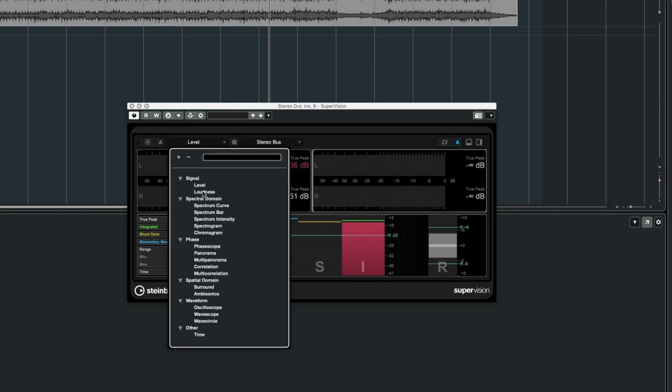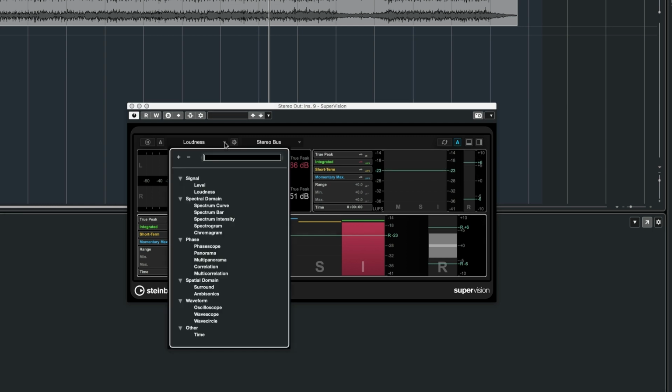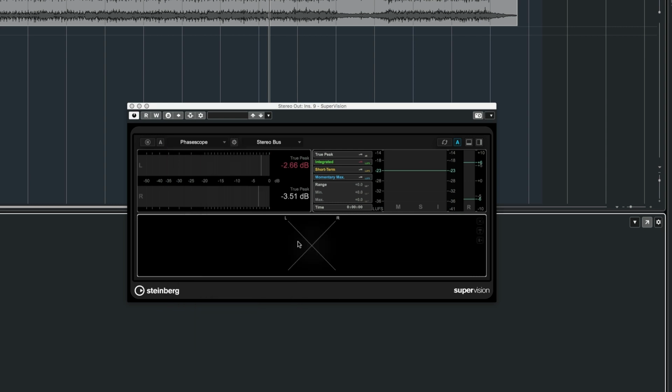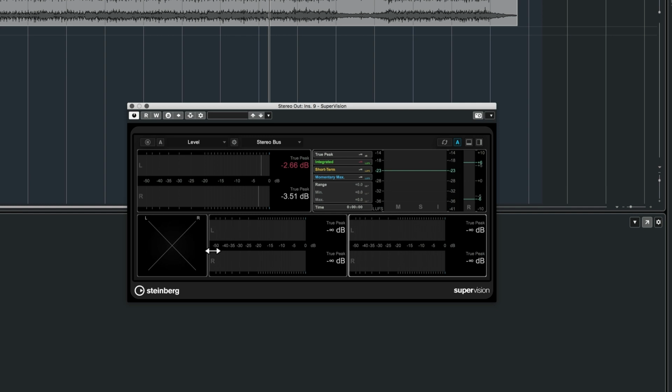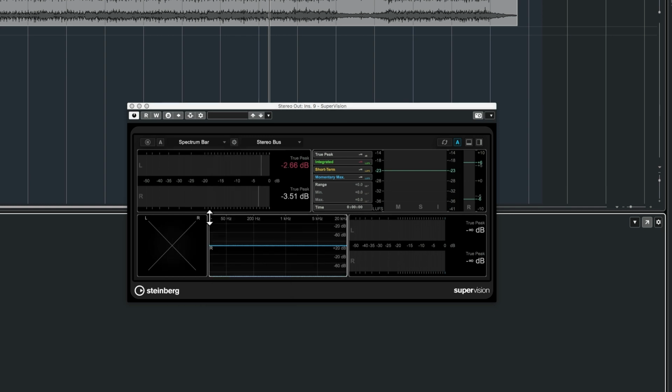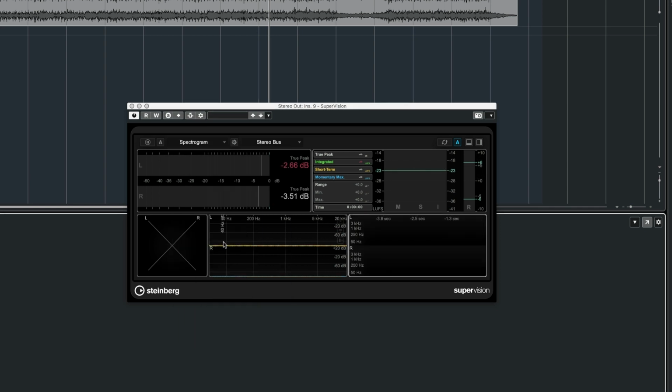I'll just go here, I'll make this loudness now, and then let's say I changed my mind on the meter that I wanted on this one. Let's say I wanted to look at the phase scope, which is a smaller one, so it might be interesting to just go ahead and add 2 more of these smaller icons underneath that I can resize because they take less room, and choose some other visual aids here, a spectrum bar, and this one, let's say I want to see the spectrogram. And now when I hit play,